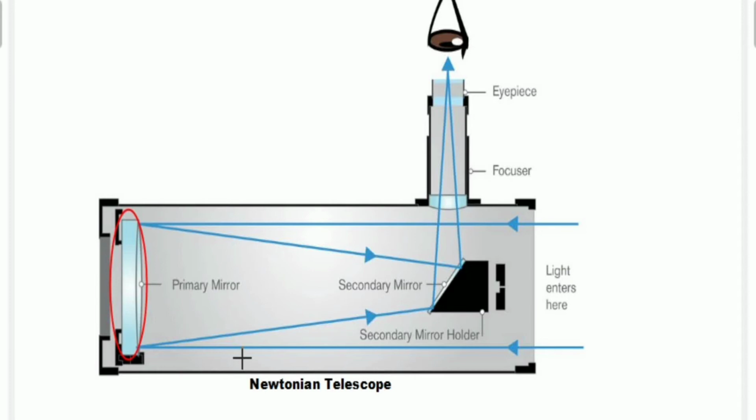Okay, now what is the next one? Now it's time to study the working. What exactly is the working of this? Okay, so observe here. The mirror that is called the primary mirror, I just told you it is a type of concave mirror. We know that a mirror always has one side that is completely opaque, and the second side is used for the incident light as well as for the reflected ray.